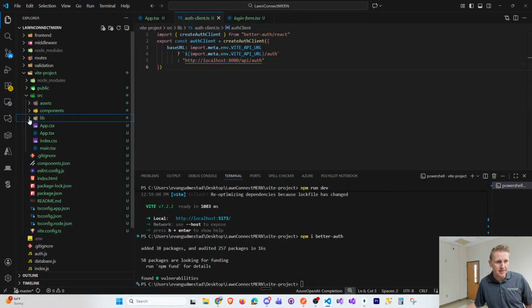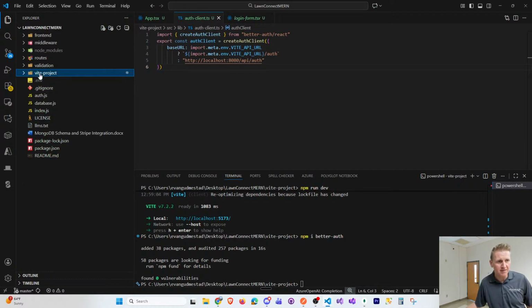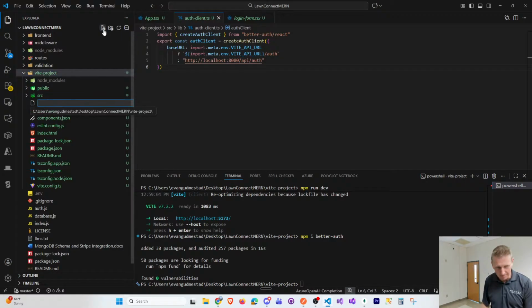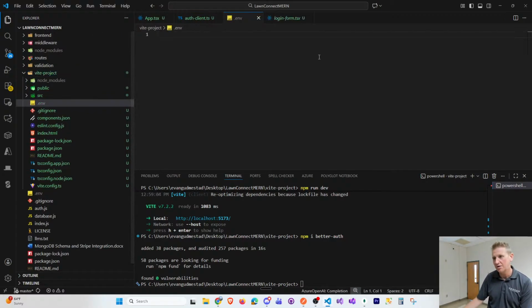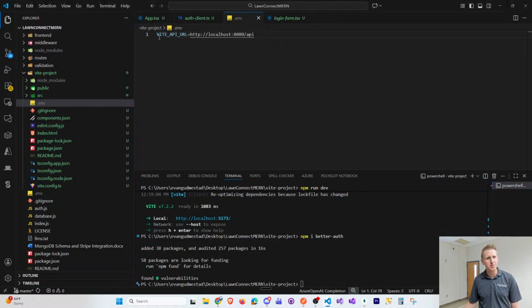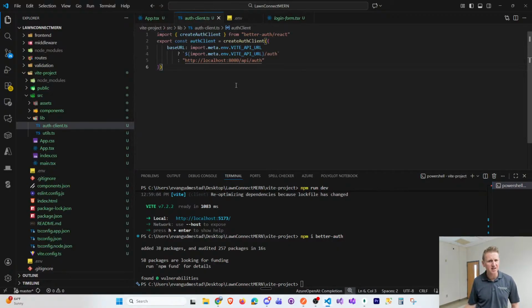Okay, but in my Vite project, I'm going to click on the folder, and I'm going to make my .env variable. And I'm just going to put my variable right there. Here's auth client. And this basically says, you know, this is a little ternary. Is that a recognized variable? If it is, I could probably simplify this line a lot simpler, but